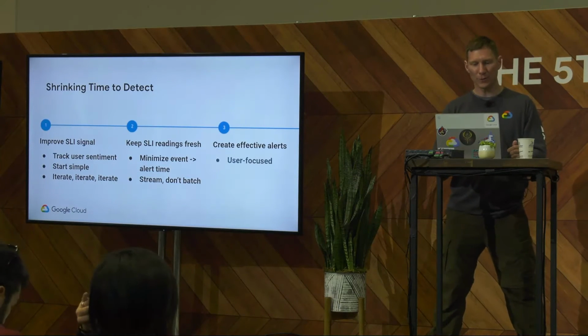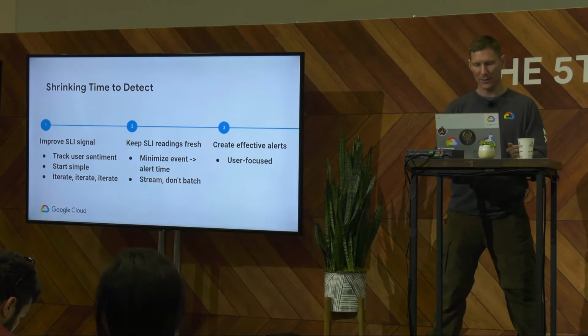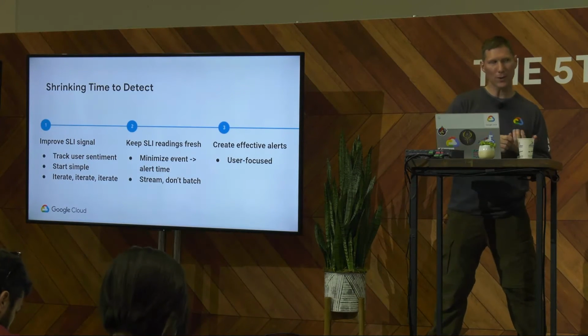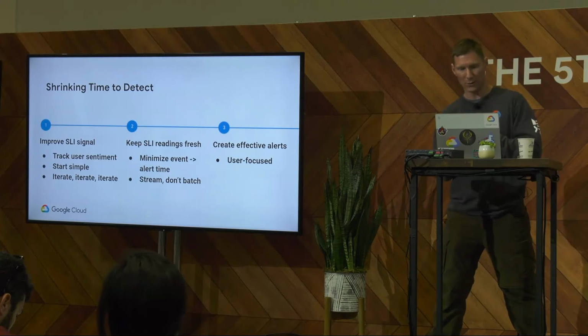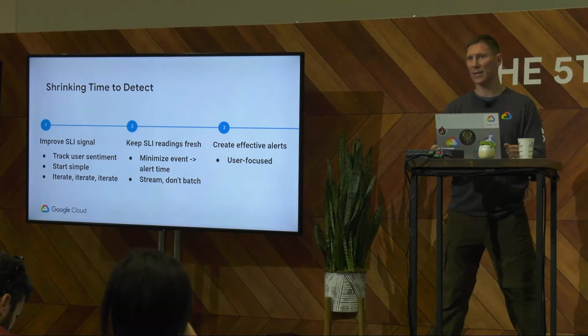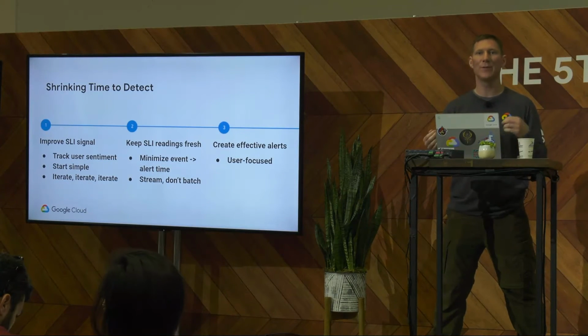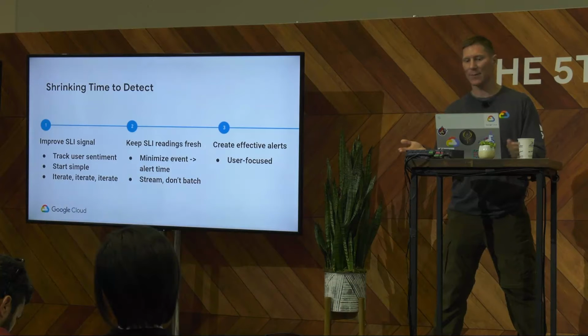You want user-focused alerts that only fire when users are actually being affected. This is where your SLO definitions come into play, like I said. If your SLOs are user-focused, then your SLIs will be user-focused, and your alerts will be user-focused. They all fit together really well. If you base your SLI on some indirect metric like CPU utilization, it's not a good signal. It's a very low signal SLI. Sometimes it means something, sometimes it doesn't.